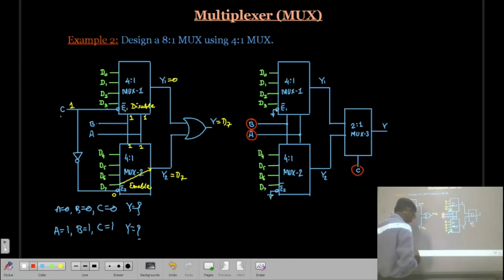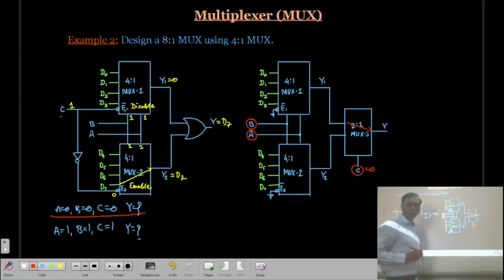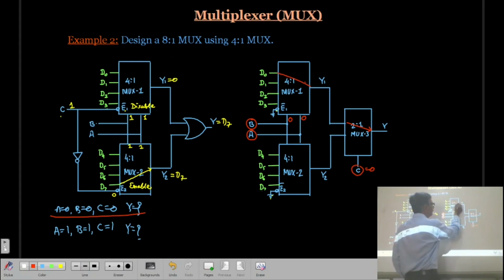Now let us see if we have A equal to 0, B equal to 0, and C equal to 0. Now here you can see when C is equal to 0, then Y1 is going to be selected. Correct? Now A is 0, B is 0, then naturally D0 is going to be selected.